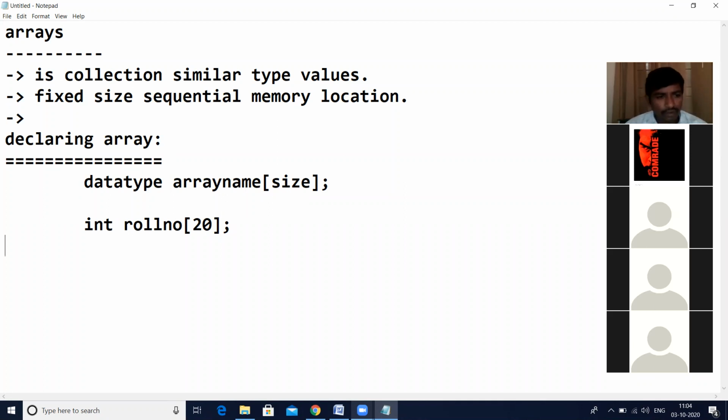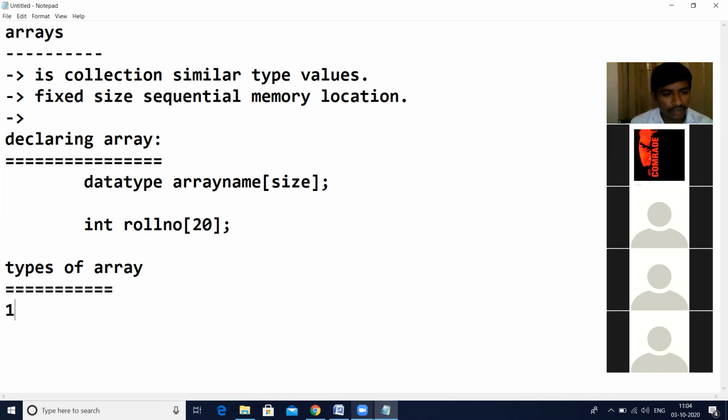So how many types of arrays do we have? See here, we have one dimensional array, two dimensional array, and multi-dimensional arrays. So what is above is known as a one dimensional array. Here, types of array: we have one dimensional array, which we call a 1D array, and a 2D array, like that.